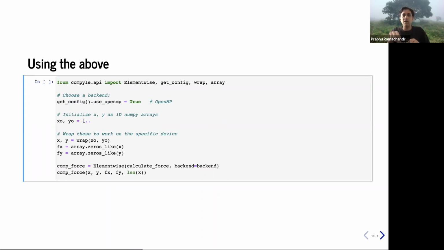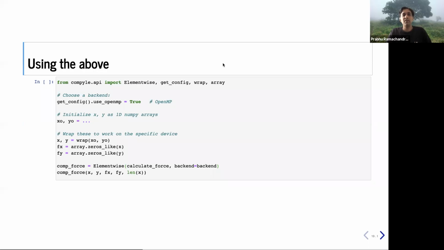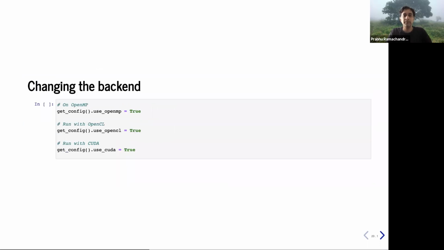So if I want a grid of particles, I can just create a grid of particles. And then I can simply say, okay, call this as an element-wise kernel. I can just say, look, invoke that function, but do it completely in parallel. The great thing is, if I just do this and run it, it will actually execute this on my CPU and use all of my CPU capabilities.